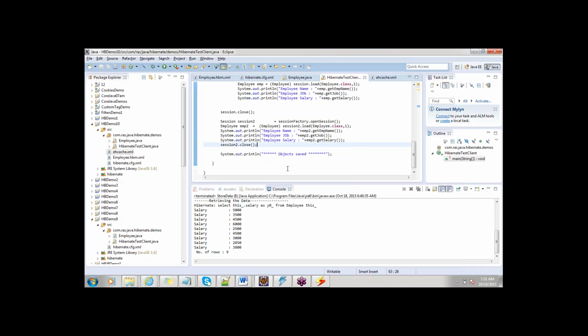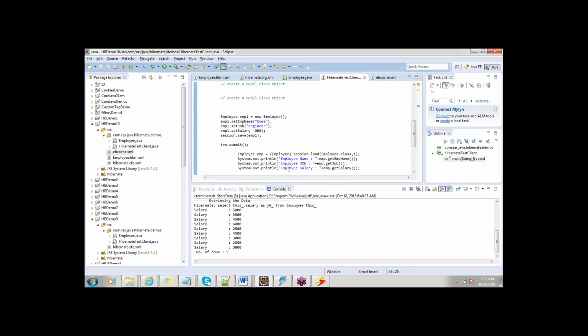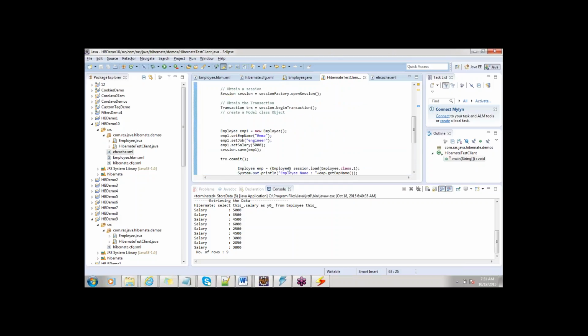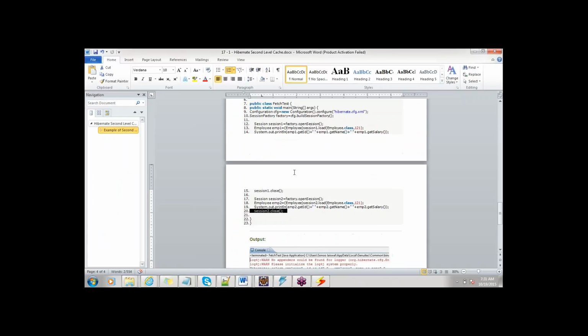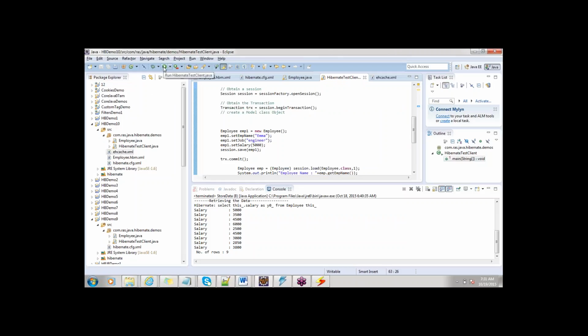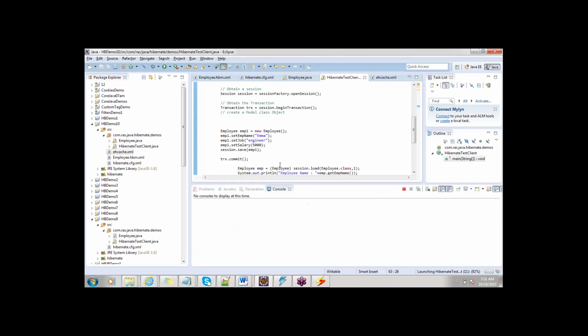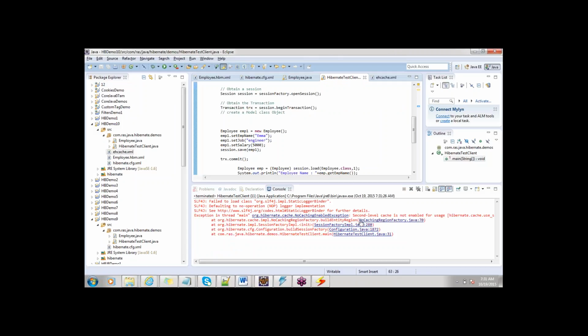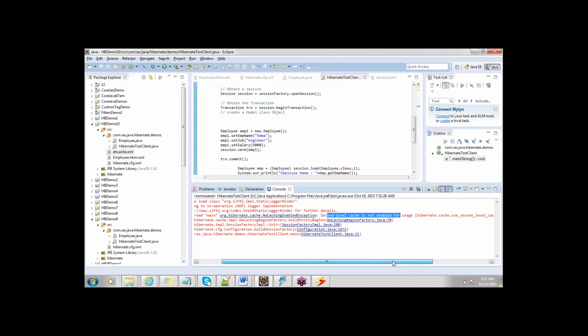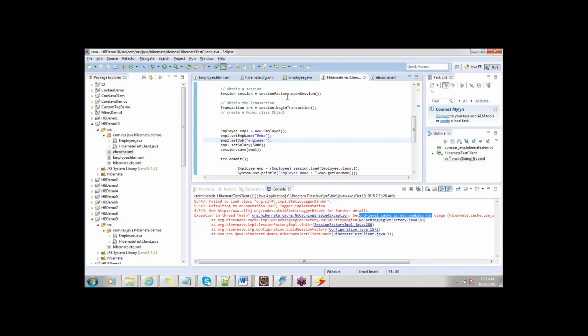Now let me execute this. So we are done. Second level cache is not enabled for usage. So what I'll do is in my Hibernate CFG XML file,